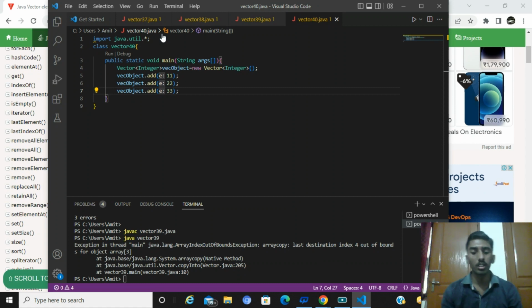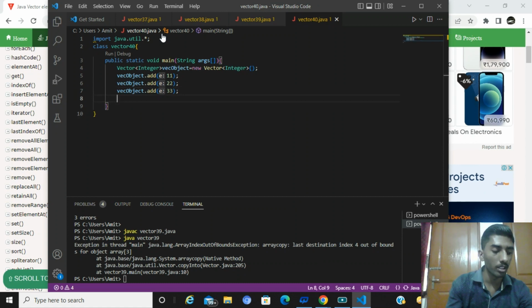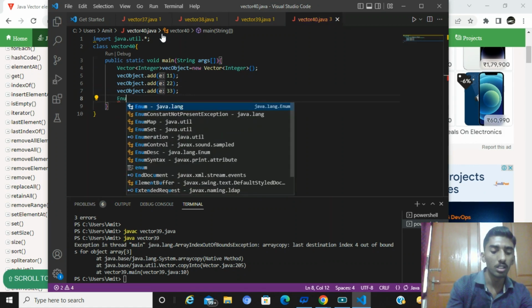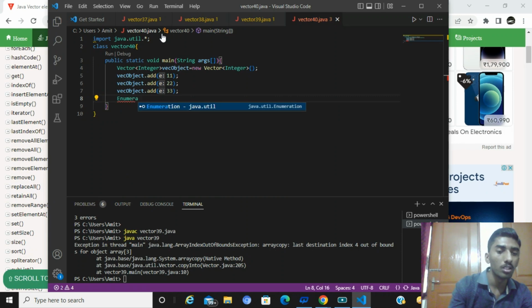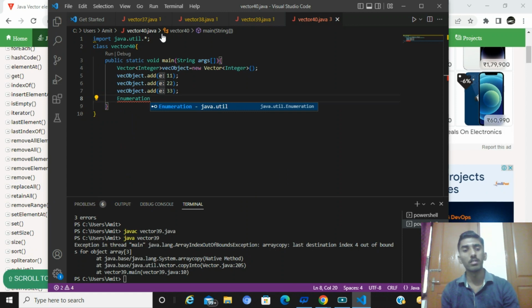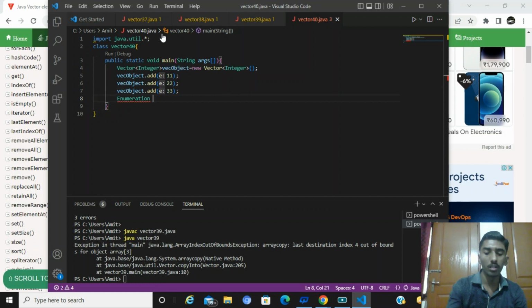You have to write here enumeration format, that is enumeration, also called enum. I will tell you in the next session what is enum and what is the enum definition. So we will discuss it in the next session. So enum,